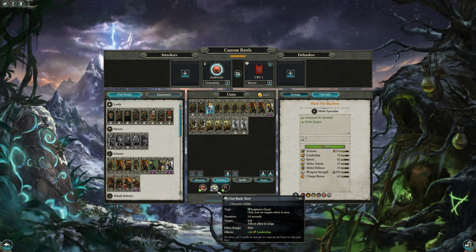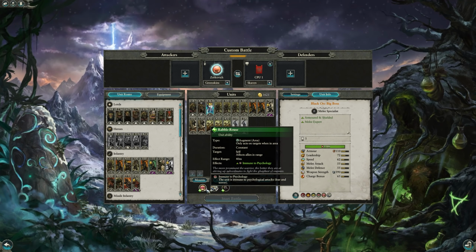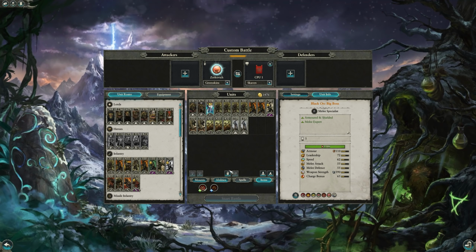We'll keep Get Back Here to keep the Trolls in the game when their leadership gets low, and we'll take the immunity to Psychology so they don't get terrorized by anything. They won't be affected by fear, because they cause fear anyway. And we're also going to take the most important one, the Brass Cleaver, which gives 9 melee attack to anything nearby the Big Boss. So if those Trolls are nearby, they get an extra 9 melee attack, which really helps